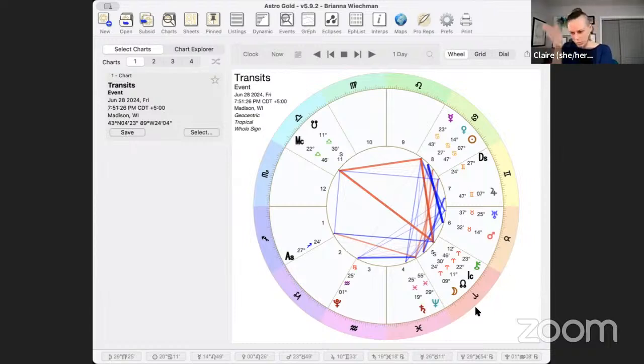Like, your doorstep is right into my tent. And yeah, it's fine. I'm cool, I'm chill, no big deal. I'm not going to be possessive over space. But it was really funny because I looked at the clock and the moon was with the North Node. And I was like, ah, yes, the blurring of boundaries. I see, I see.